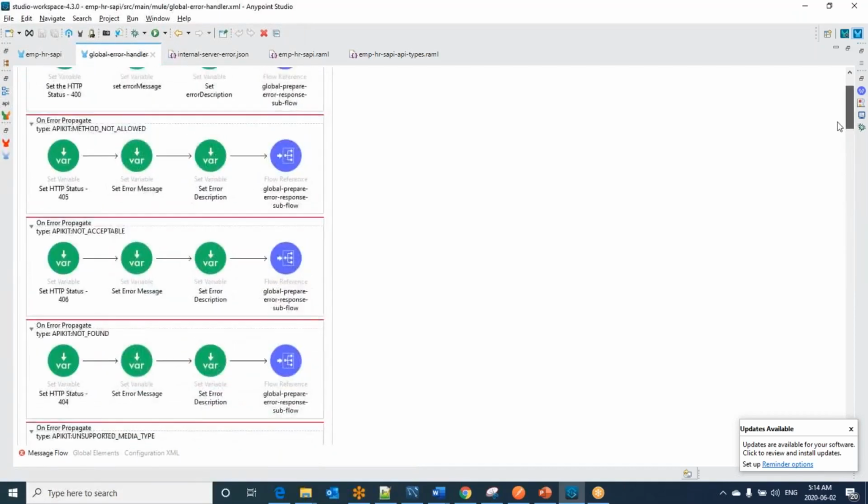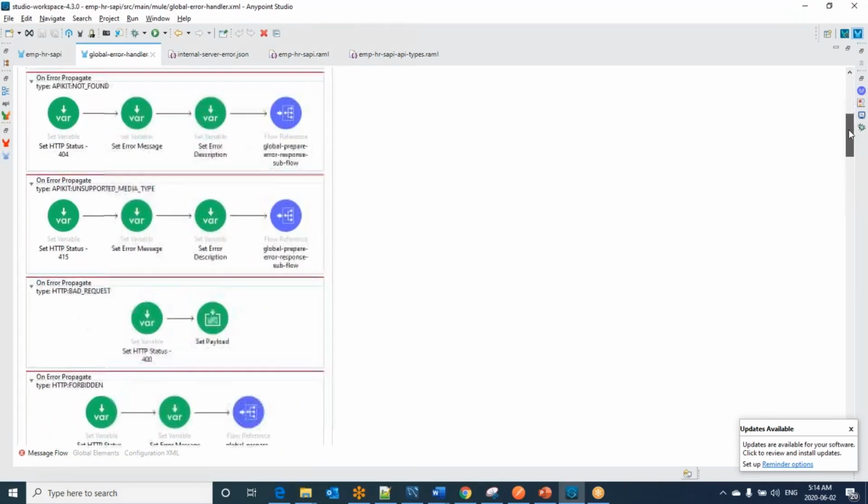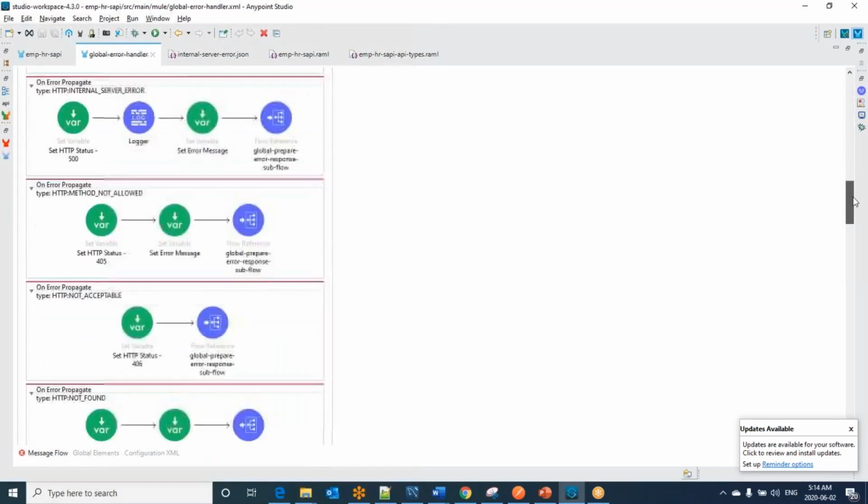Here we have developed APIkit method not allowed, and here we developed HTTP method not allowed. When it executes, when we are consuming another REST service and you are by mistake sending a wrong method, during that time it will work.